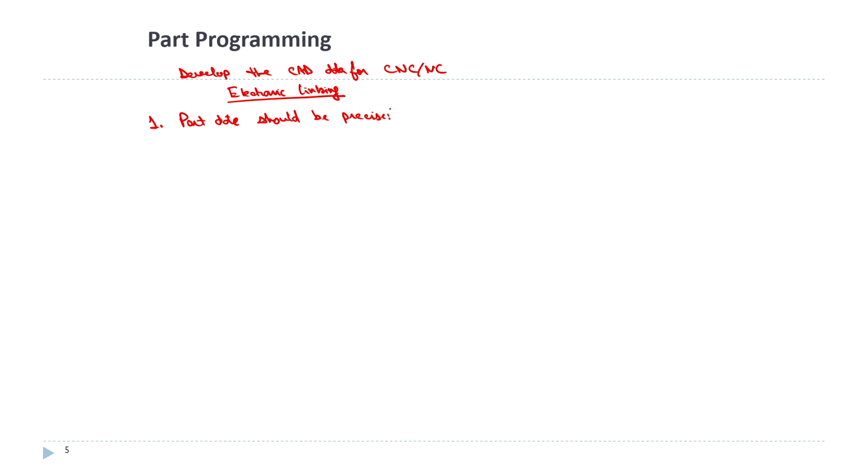Which means the coordinates must be accurate before the drawing is sent to the NC package. The accuracy of data is actually limited by the round off and truncation errors of the computer running the CAD software. For instance, if I have a tolerance of about maybe 100 plus minus 0.5 millimeter,